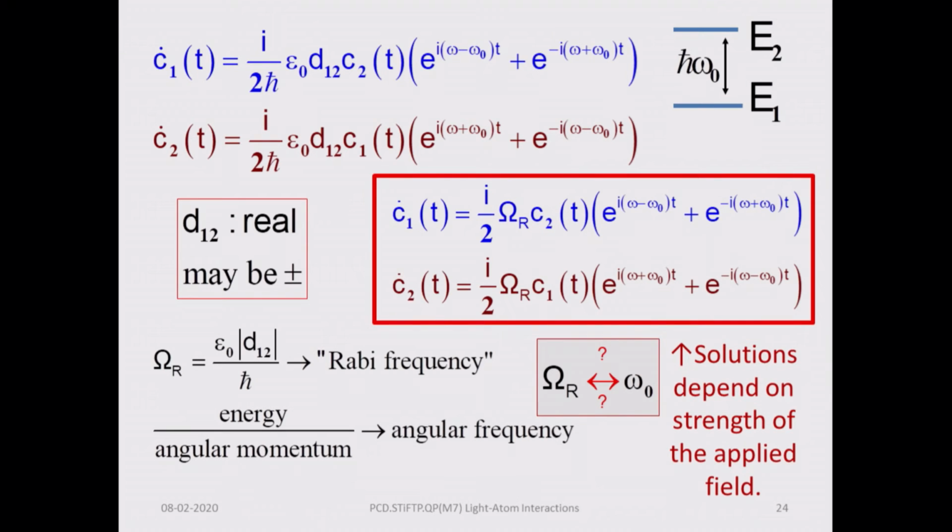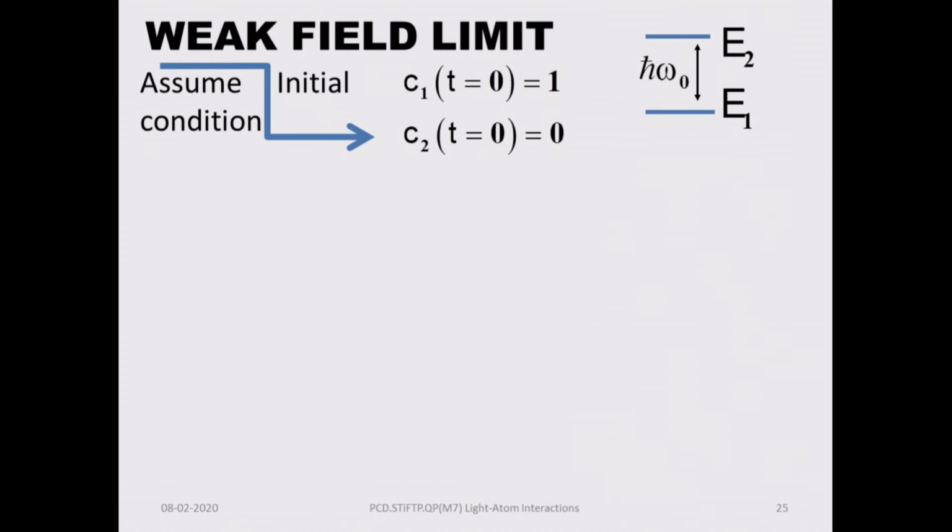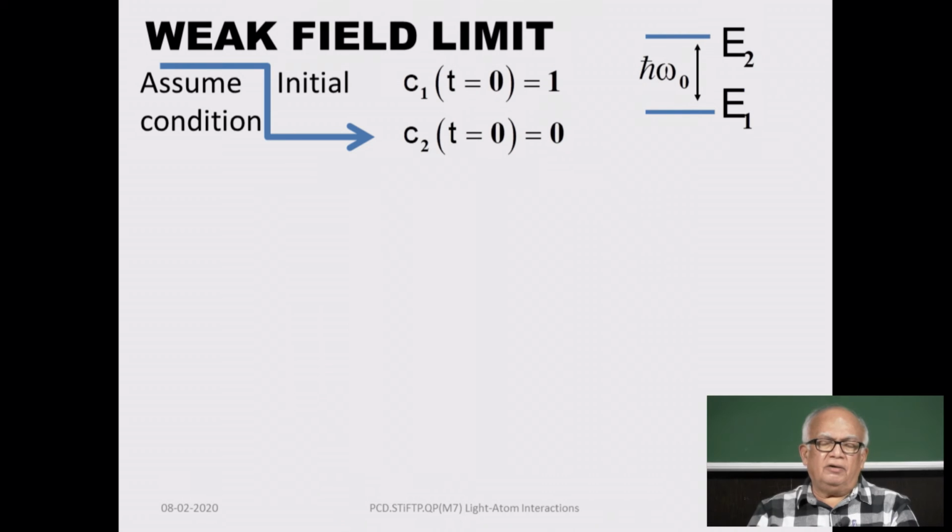And now we are going to look for the solutions of these two equations. So, you have got two differential equations. They are obviously coupled differential equations, right? Because C2 appears in the time dependence of C1 and C1 appears in the time dependence of C2. So, you have coupled differential equations, and we will seek solutions in two different limits, the weak field limit and